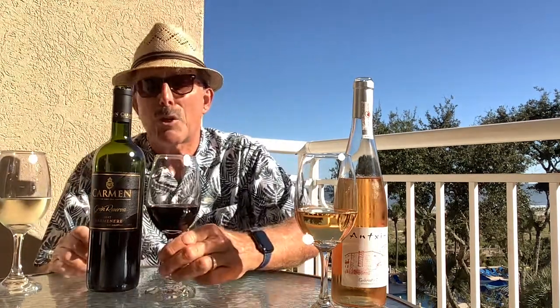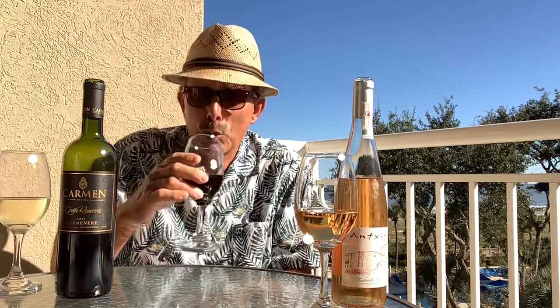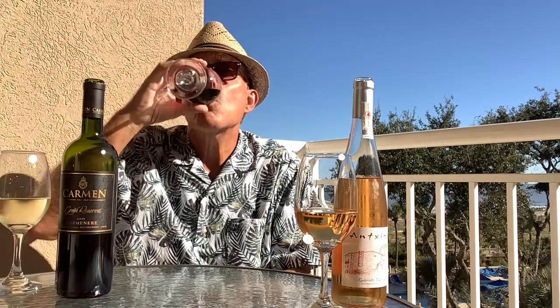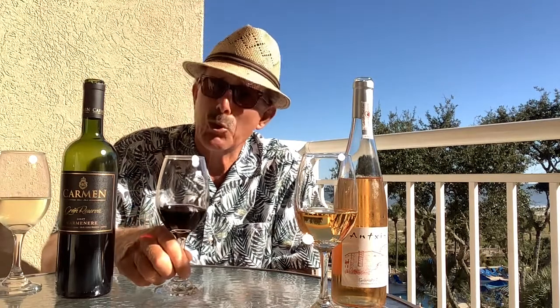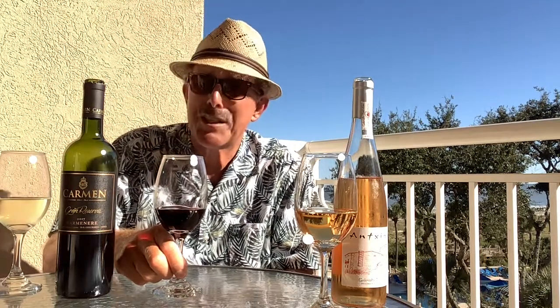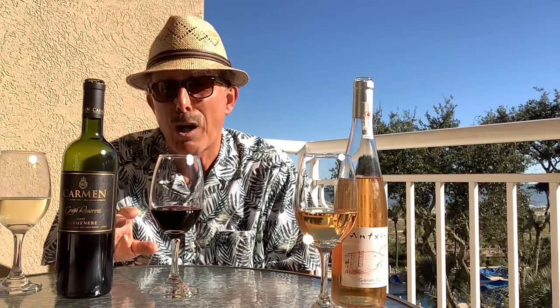This is one from the Colchagua Valley in Chile, and if you're looking for a wine to compare it to, it's comparable to Merlot. And it has a very, very floral nose. Very smooth tannin. It's also known for a little bit of spiciness, which hits you on the end of the palate. It's a very smooth, very easy drinking wine, and it goes well with your meats and your cheeses